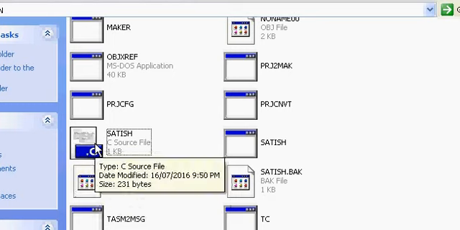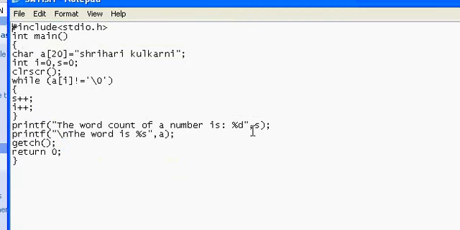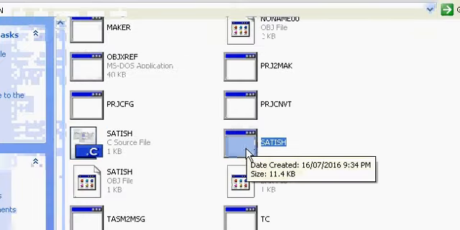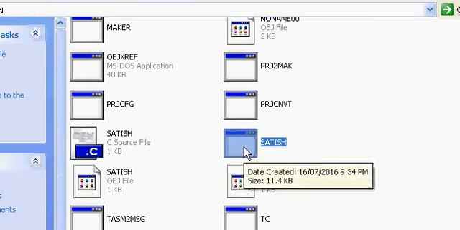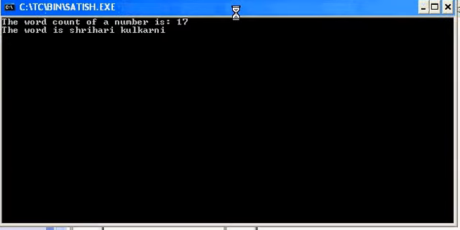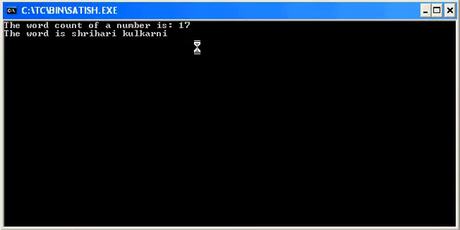If I right click on that and click on notepad, you can see the code whatever I had written in that program, that is the word count program, will be displayed. Also here this kind of icon will be there, and if I double click on that, it will run that program. You all know which program it is, the word count program, using %c that we had done.